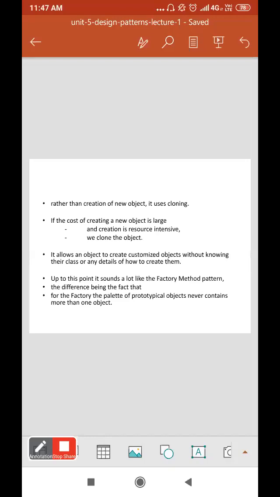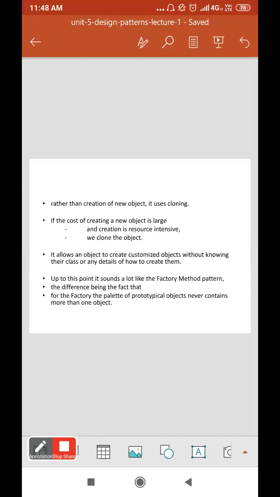So if the cost of creating a new object is large and creation is intensive, we clone the object, or in that particular case we use this pattern. It allows an object to create customized objects without knowing their class or any details of how to create them.